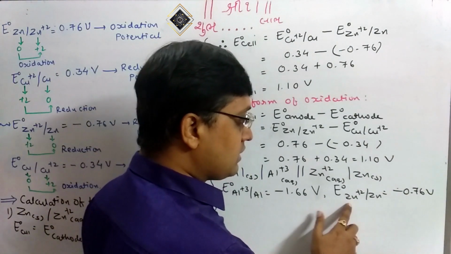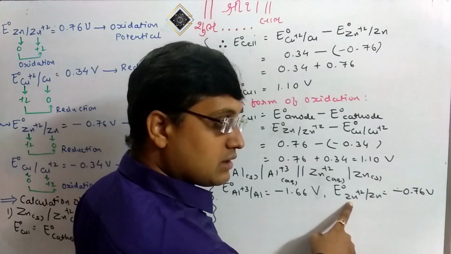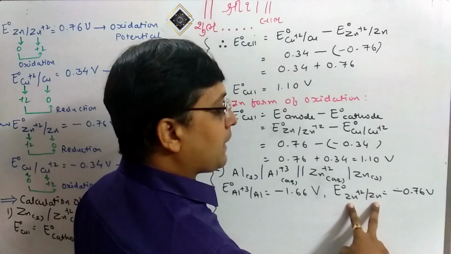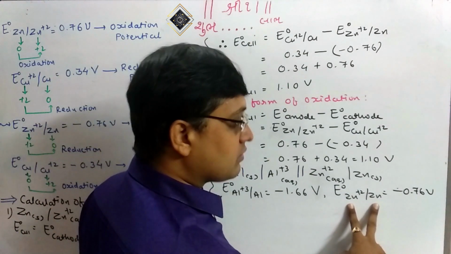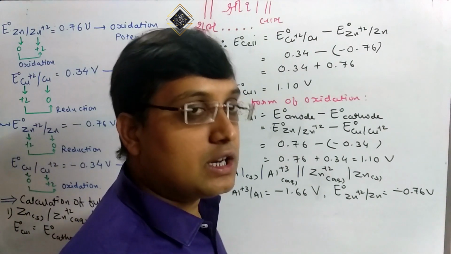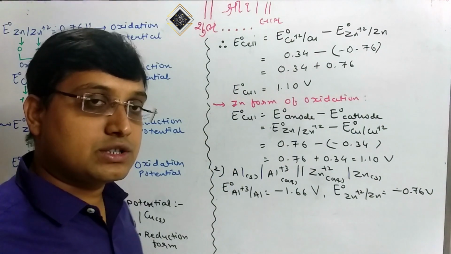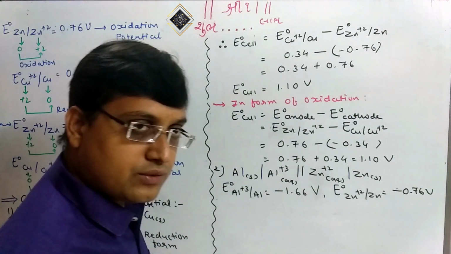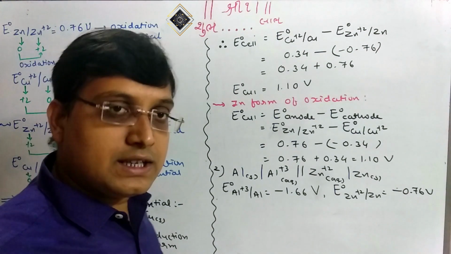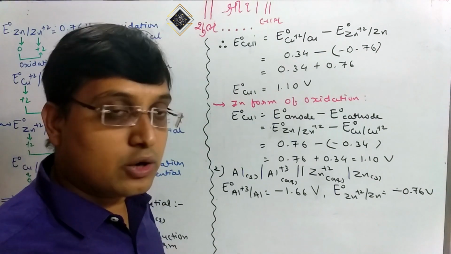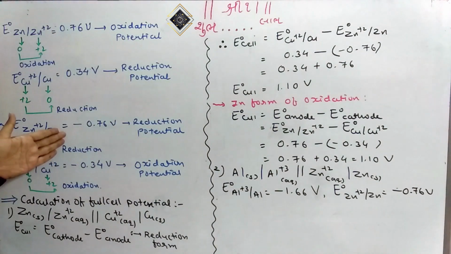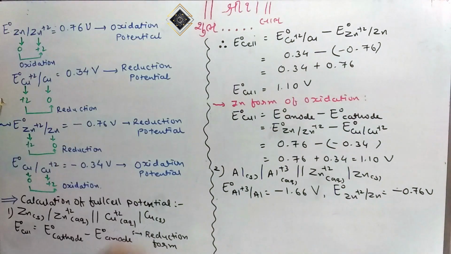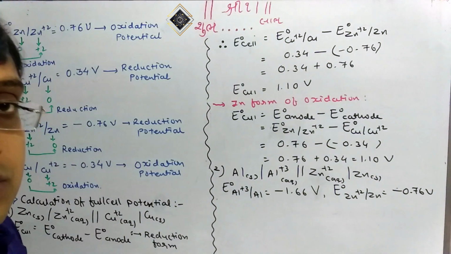In the same way, in the case of this one, the oxidation number of zinc in Zn plus 2 is plus 2. It is converting into 0. That means zinc plus 2 to 0, which means reduction. So both the half cells are given in reduction form, and we can use the reduction formula. Suppose one is given in oxidation form and another in reduction form. Then convert both half cells into the same form, either oxidation or reduction. How can we convert? Invert the terms: convert the oxidation potential into reduction or reduction into oxidation, numerically the same but opposite in sign.